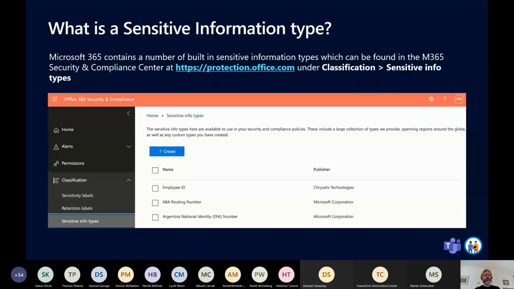So we talked a little bit in the last slide about sensitive information types. Now these are crucial in the context of data loss prevention within the Security and Compliance Center, which you can see a screenshot of here. You can also access this from the Compliance Center. I'll explain a little bit about the differences between those two centers in a moment. Microsoft do like to give us lots of portals to get to the same content on occasions. But a sensitive information type